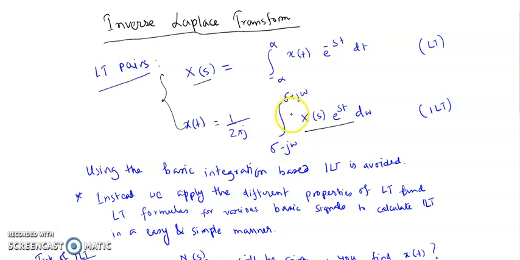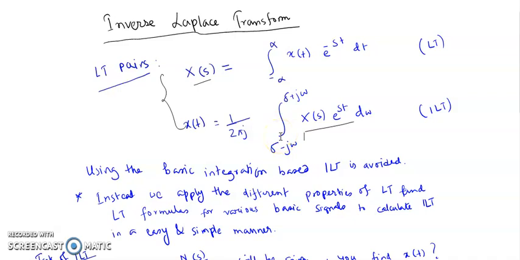So now when the Laplace transform output, or spectrum, or frequency domain representation of the Laplace transform, that is X(s), is provided, then how do we find the corresponding time domain signal x(t) for the given spectrum X(s)? So we can use this second equation directly to find the inverse Laplace transform, but you can see that